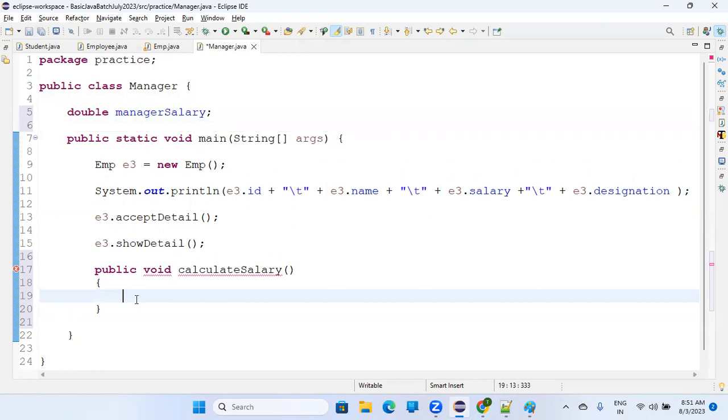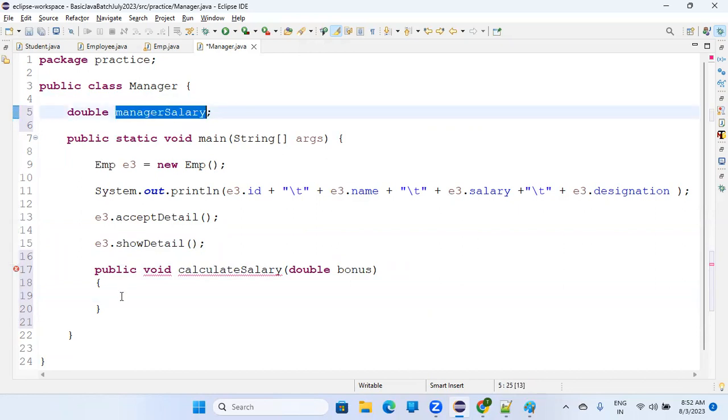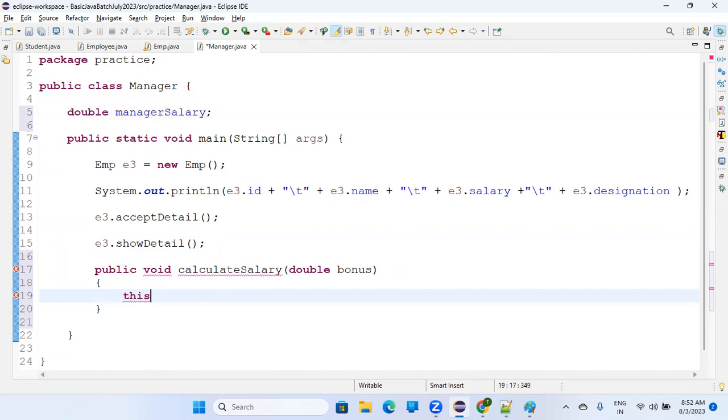We want to add some commission or some bonus for them. Let's assume, right? So we'll say bonus, double bonus, okay, or variable, something like that. What we'll do for this particular manager, we'll say manager salary, this dot,